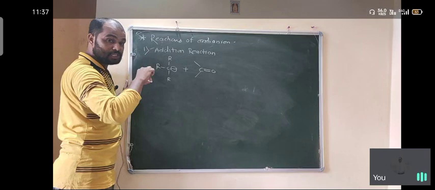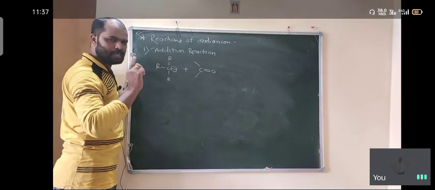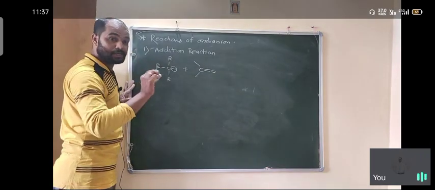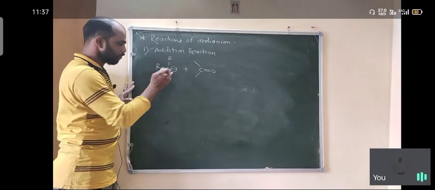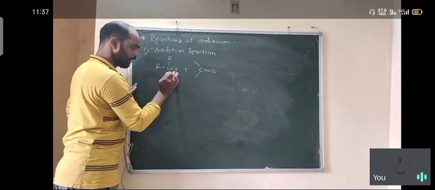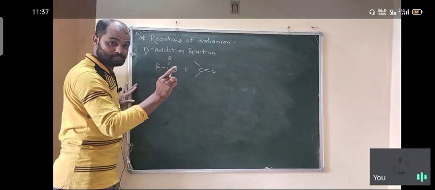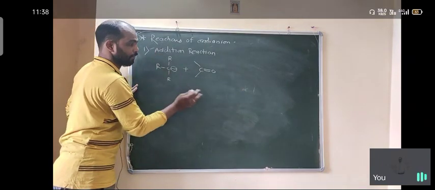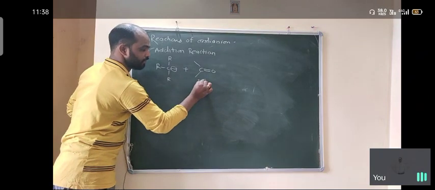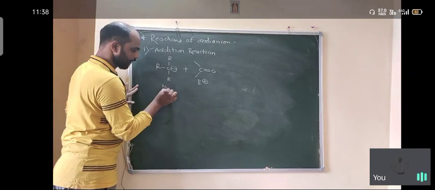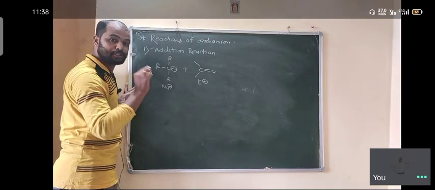So the negatively charged carbanion acts in two ways. It acts as a conjugate base or it acts as a nucleophile, depending on the environment. Suppose in an environment an acidic character is present, at that time this negative charge acts as a base. But suppose in an environment an electrophilic nature is present, at that time the carbanion acts as a nucleophile.